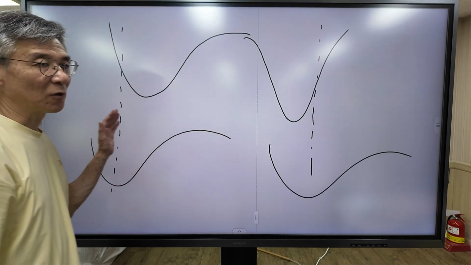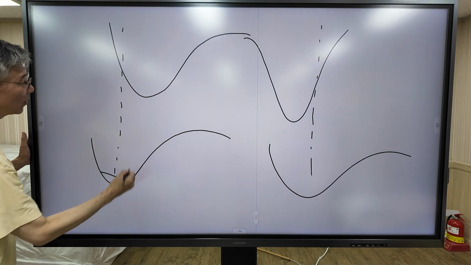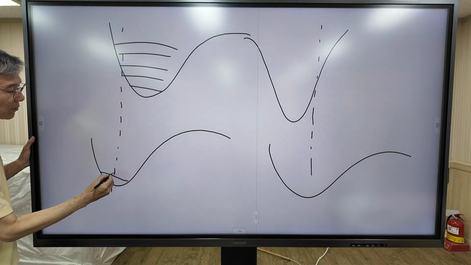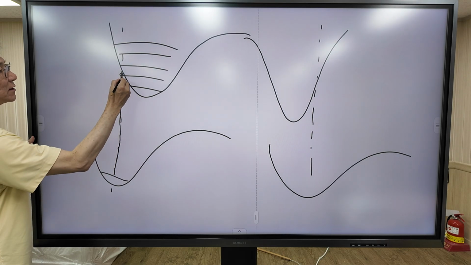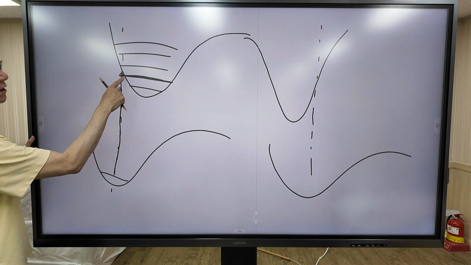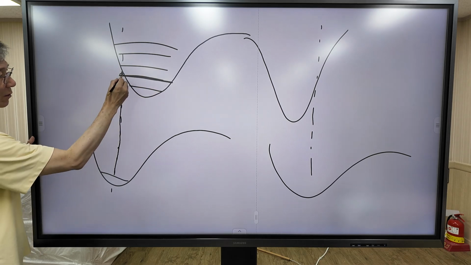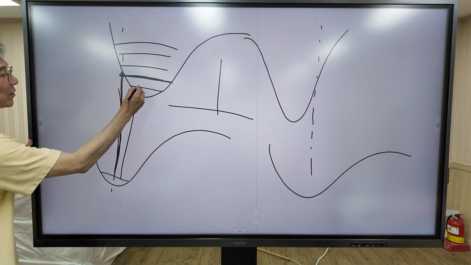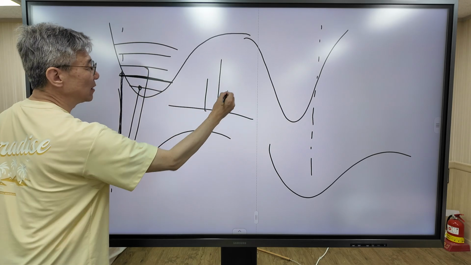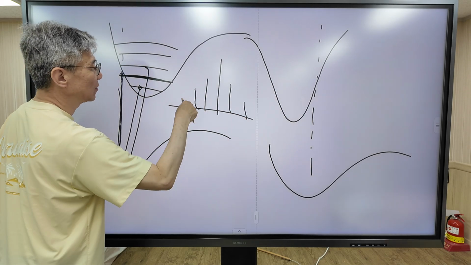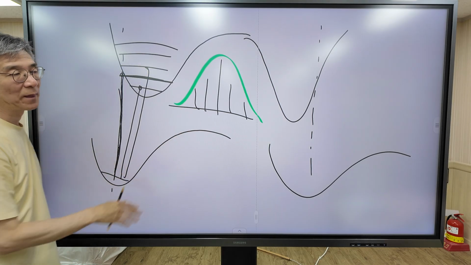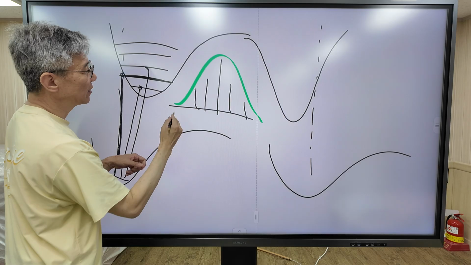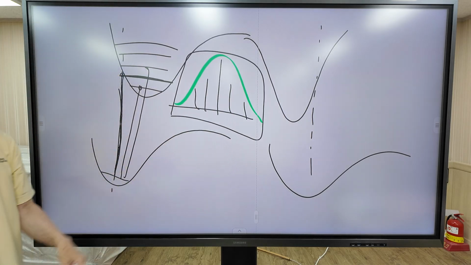shifts to the left, according to the Franck-Condon principle, the most intense transition begins at the center and proceeds vertically and ends near the classical turning point of the left wall. So this is the most intense transition, which looks like this. And for transitions to levels below or above this level, the intensity decreases gradually. So the spectrum looks like this, bell shape. When the potential energy curve shifts to the right or to the left, you obtain this kind of observation.